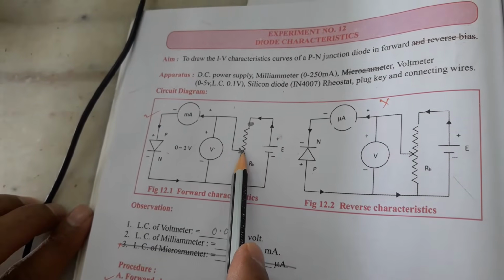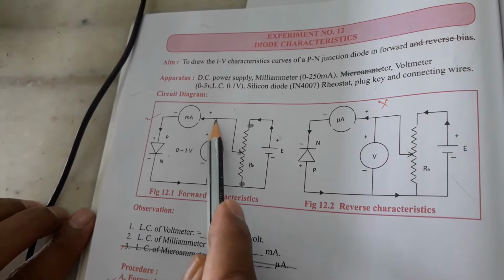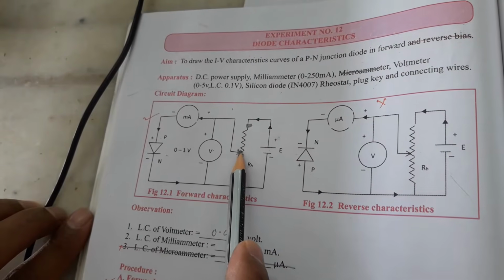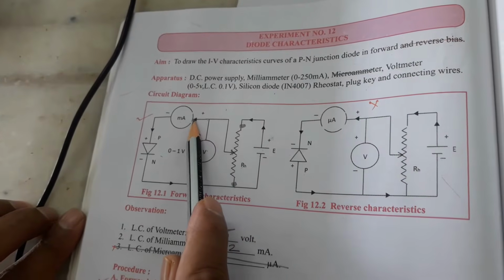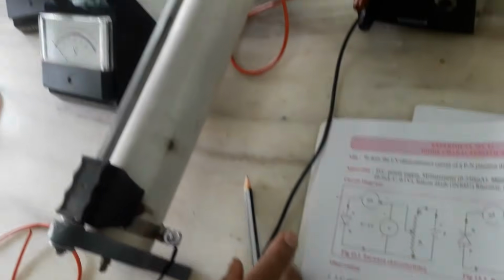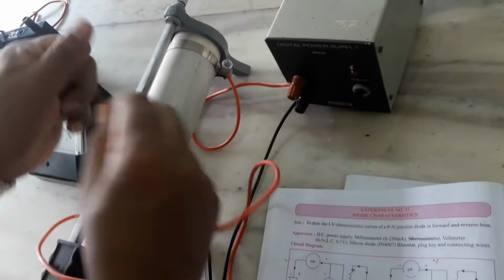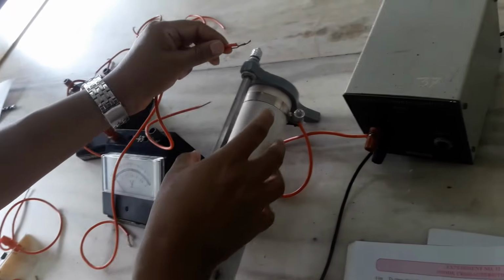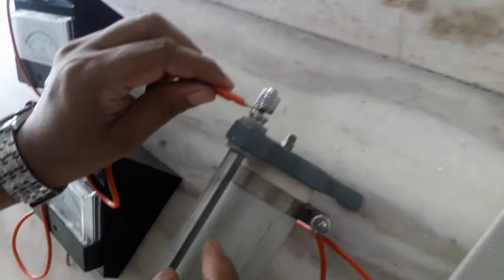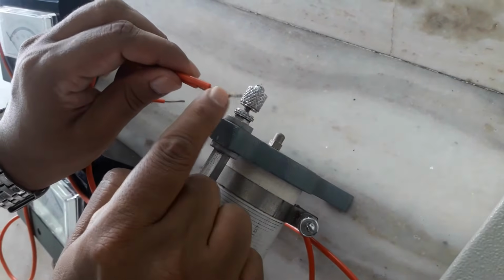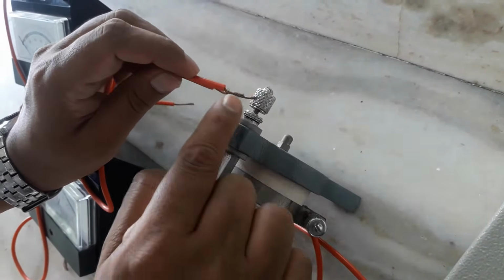Now here the variable terminal of the rheostat is connected to the positive milliammeter as well as the positive voltmeter. So from the variable terminal of the rheostat, you take two wires, one connecting to the positive voltmeter and one to the positive milliammeter. You see, this is how you can take them. While connecting the circuit, remember only the metal part has to be placed inside the screw. I repeat, only this metal part of the wire has to go inside the screw. The whole wire should not be put inside like this, because current is flowing here.